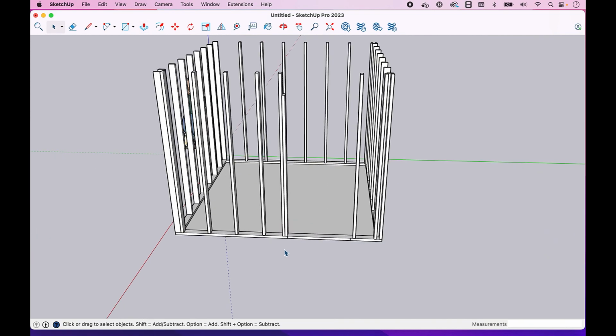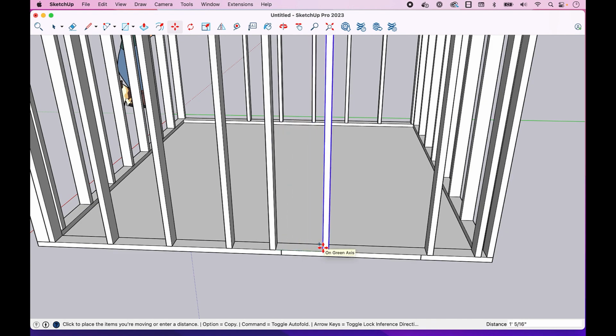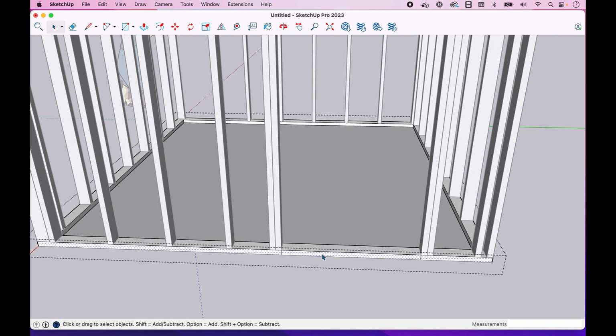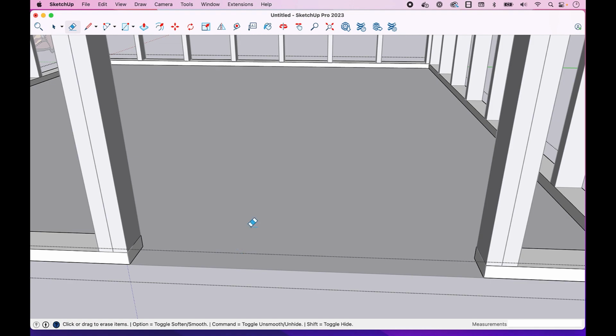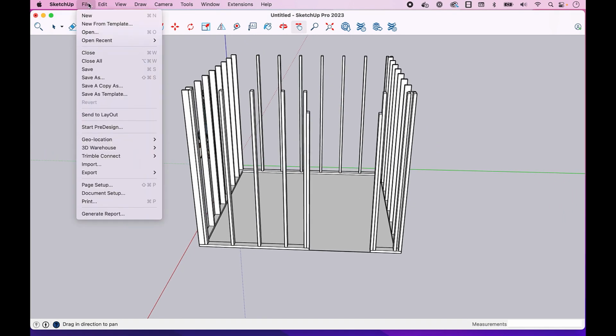Okay. And now I can come in, grab this one in the move mode, grab it. I'm going to make a copy of it and pull it over there. Okay. And now on my base plate, this is a group, so I don't have to worry about what happens if I edit this one. It's not going to hurt my top plate. But I do need to come in and put my 2 score lines in my actual group. Now that I have that, I can push this through. Yeah, we can get rid of that. Okay. All right. And if we come back in